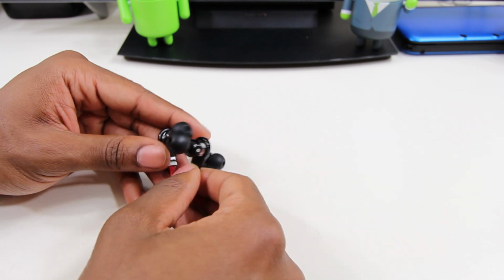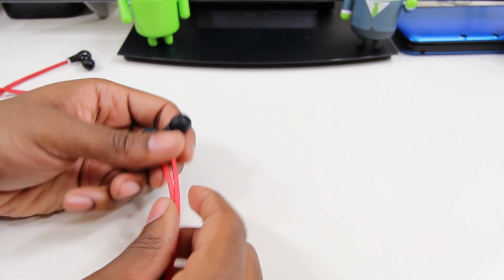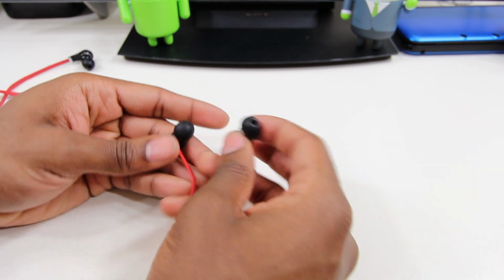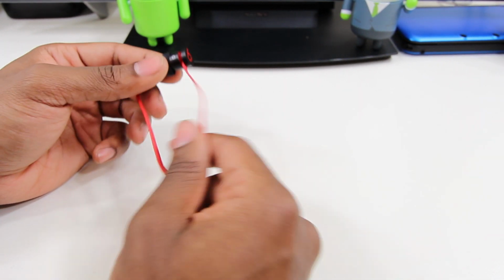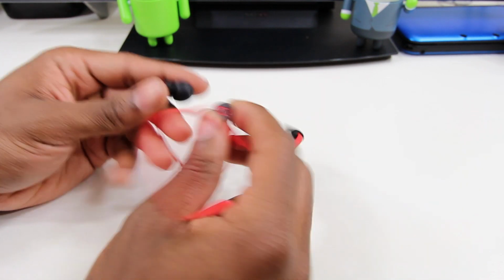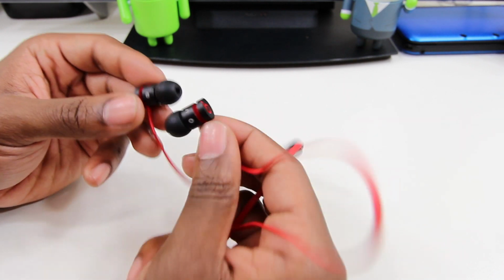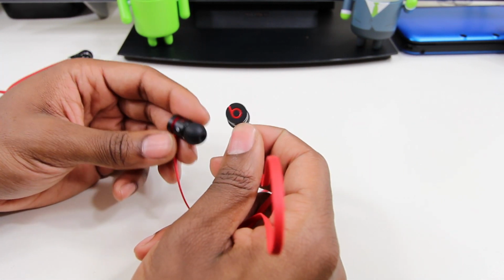It can fall out the ears and it can get annoying after a while. And like I said, this didn't have that issue much. This was pretty comfortable to me. Walking around was no issue. These aren't heavy headphones, so they stayed in place. They kept the seal pretty well. I didn't find myself adjusting the ears too much, so I definitely think that these will probably win in the